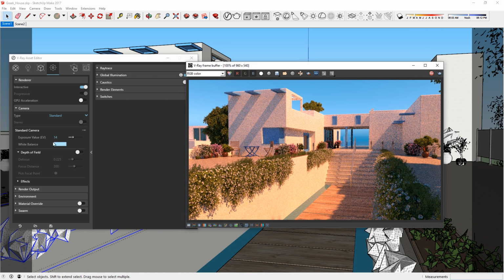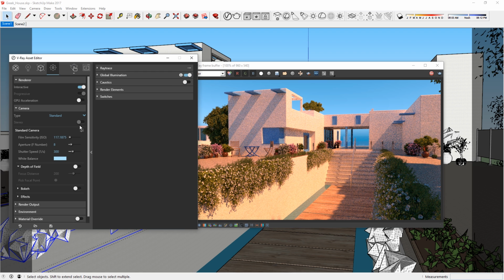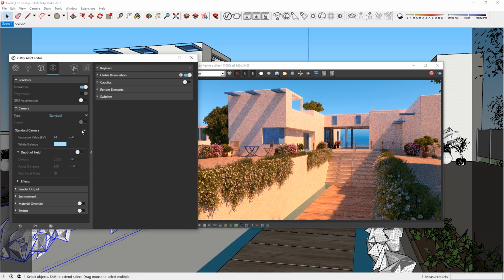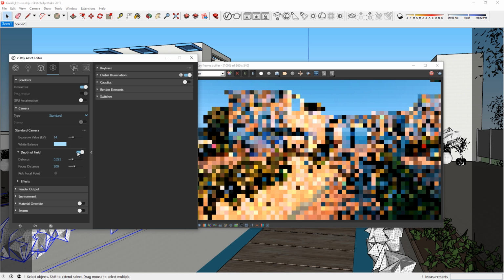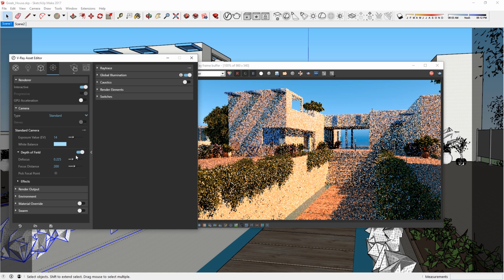But besides the exposure value, if you want to control the camera like a real world DSLR camera and use all of the shutter speed, f-number, values and so on, you can just click on this icon here and have all of those. A great advantage of using the exposure value though is that it works beautifully with the depth of field toggle. So just like this, I can enable depth of field